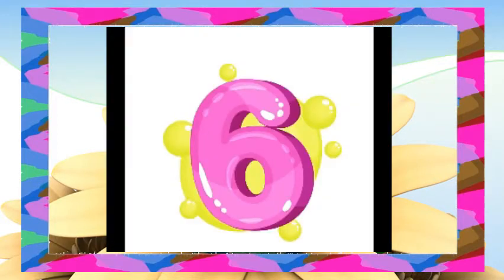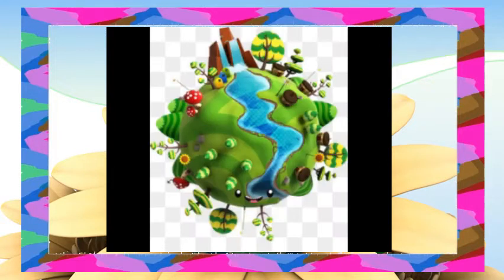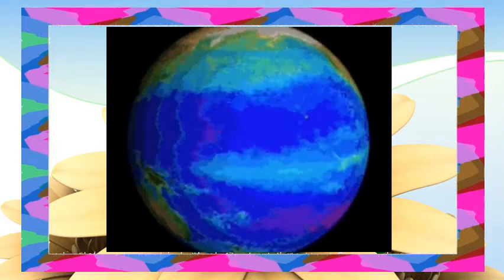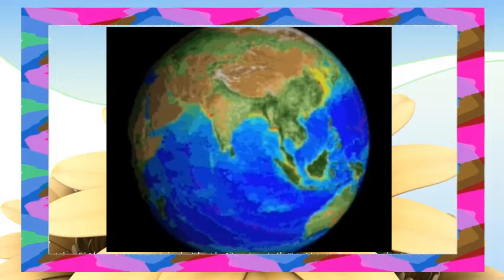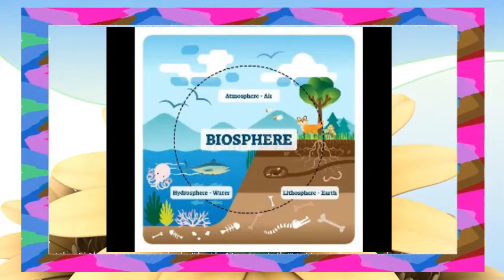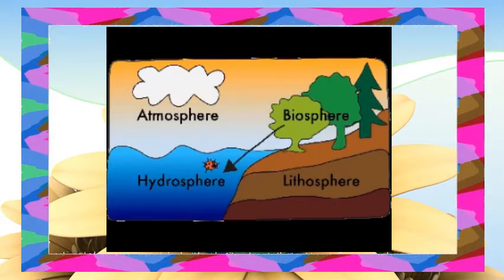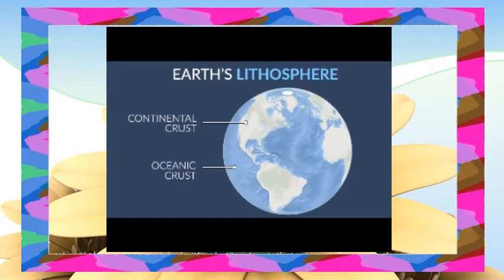The sixth one is biosphere, the region of Earth's crust and atmosphere occupied by living organisms. In other words, the biosphere is the global ecological system integrating all living beings and their relationships, including their interaction with the elements of lithosphere, hydrosphere, and atmosphere. The seventh one is lithosphere, the crust of the earth, or in other words, a lithosphere is the rigid